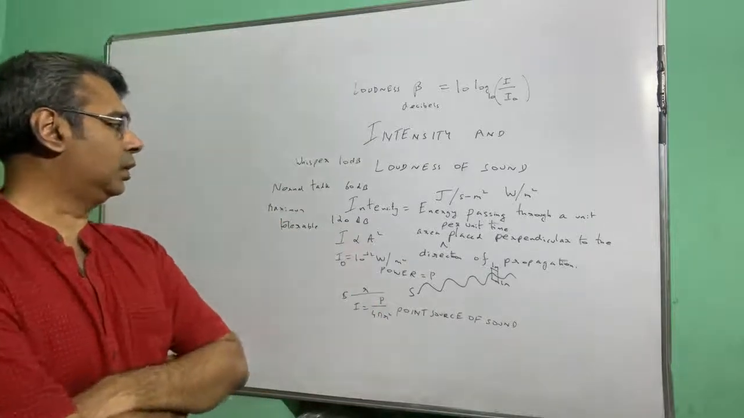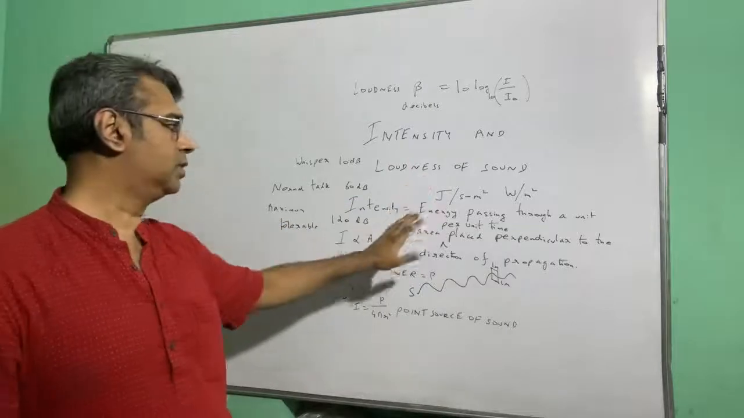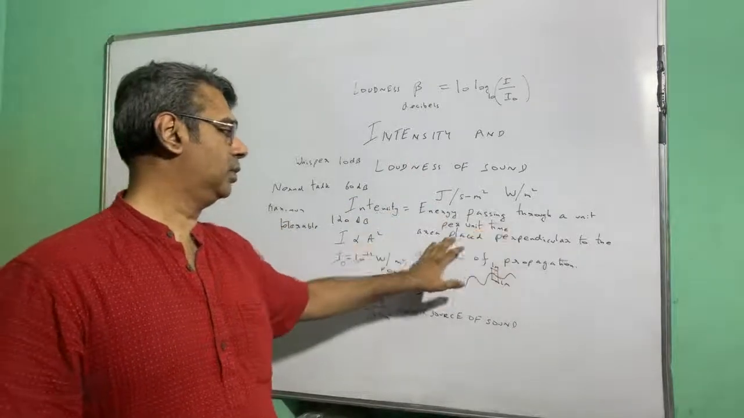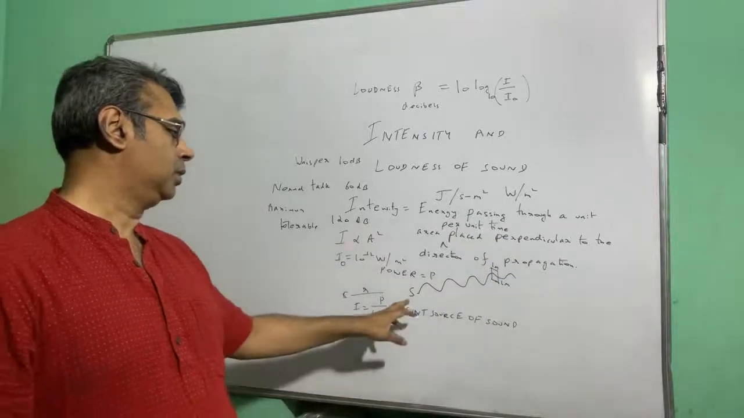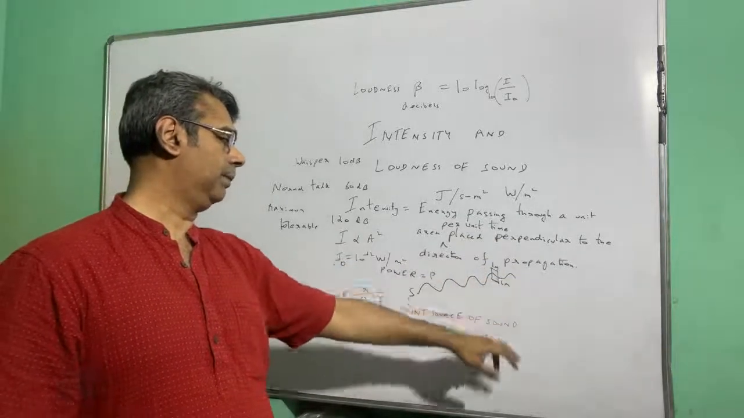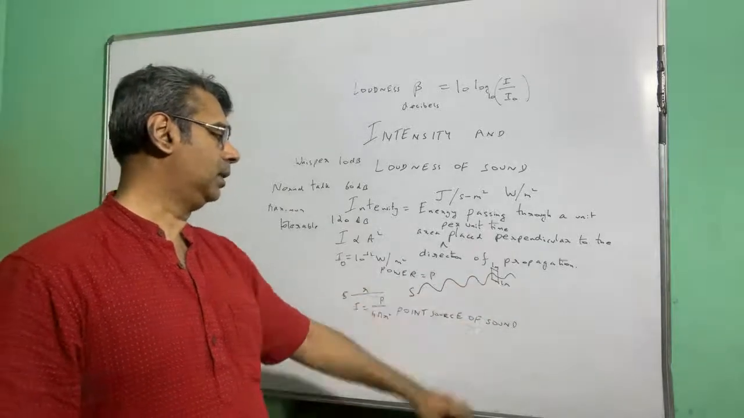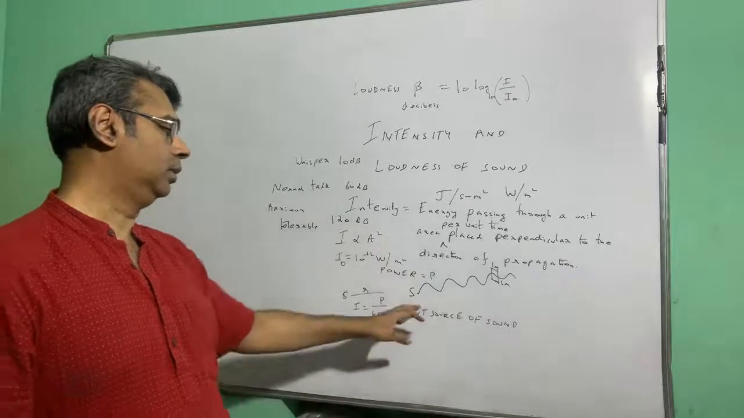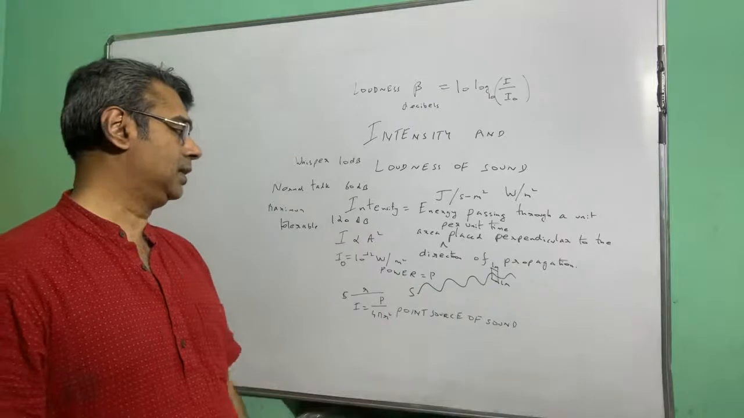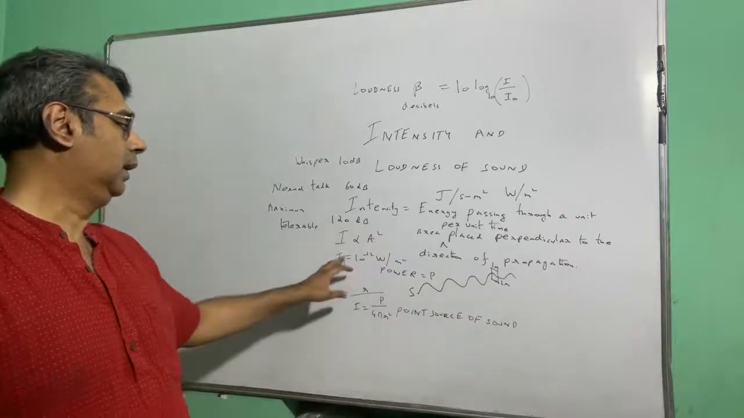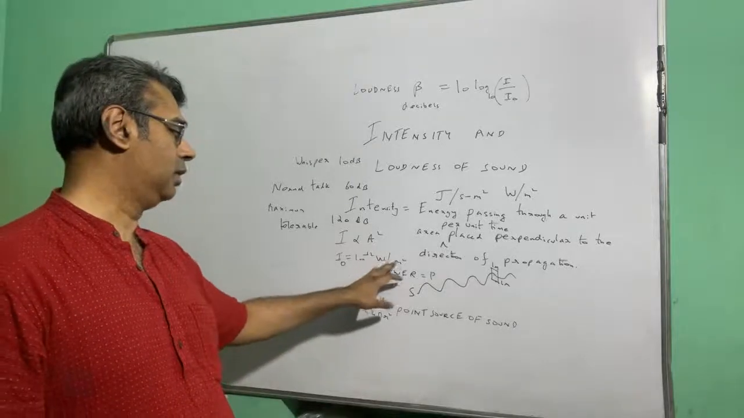So this is the total discussion for today. What all did we discuss today? Intensity and loudness of sound. Intensity is energy passing through a unit area per unit time, perpendicular to the direction of propagation. Suppose the sound is going like this, and there is a 1 meter by 1 meter square. The amount of sound energy passing through this 1 meter by 1 meter square in 1 second is called intensity. And in day-to-day life, the value comes to 10 to the power minus 12 watt per meter square,